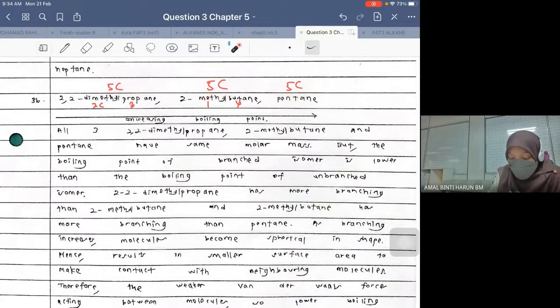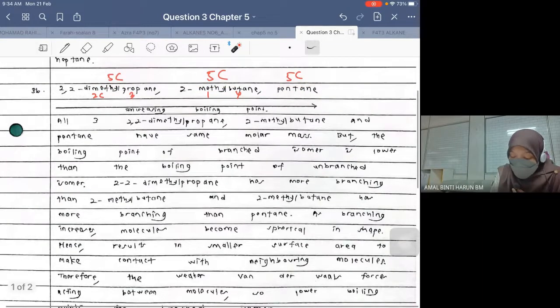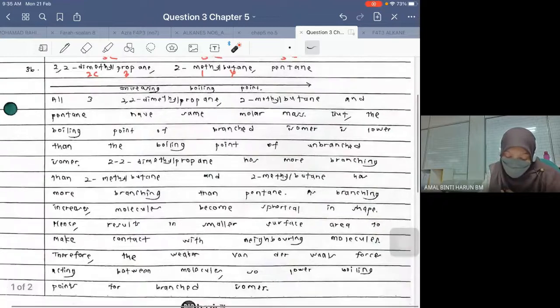Tapi apa yang membezakan dia? Kenapa dia susun macam ni? Increasing boiling point. Why is it pentane will be higher boiling point compared to 2-methyl butane? Why is it 2,2-dimethyl propane is the lowest boiling point? So, here is,